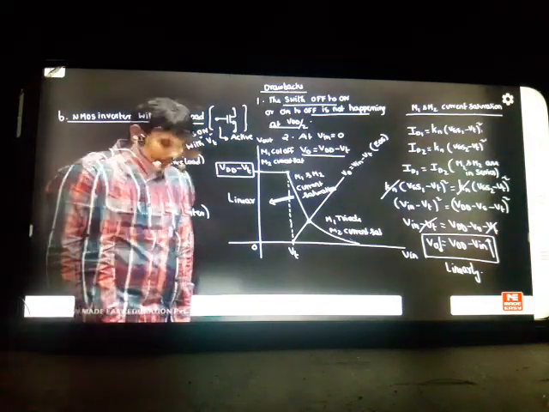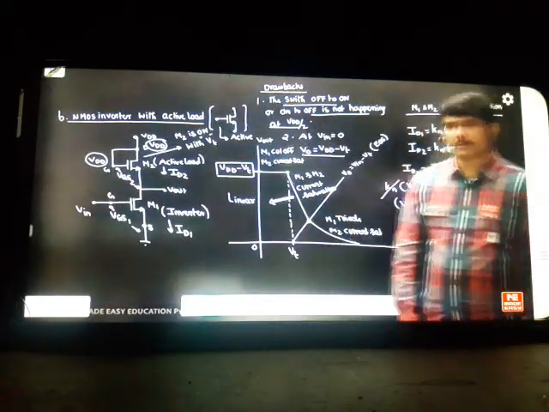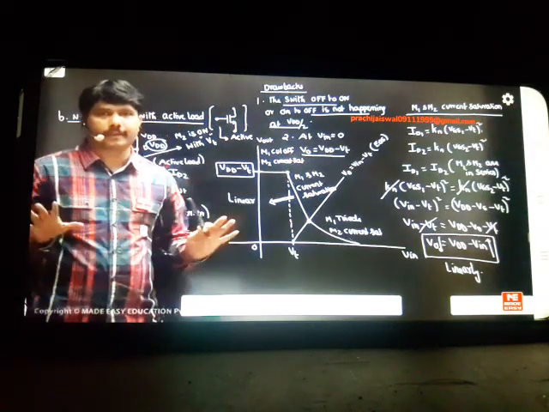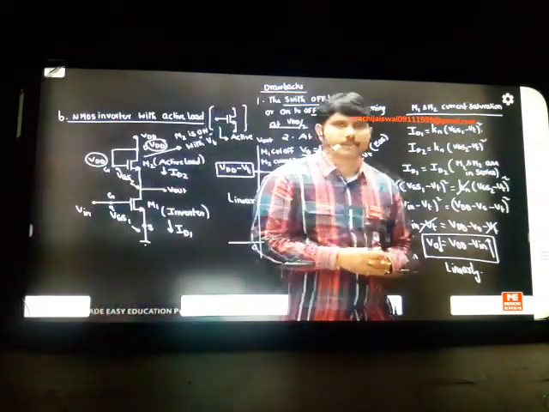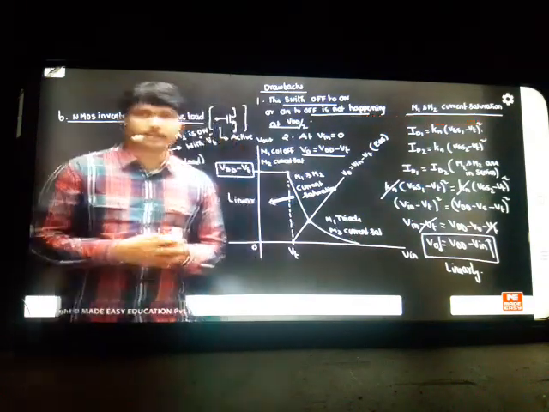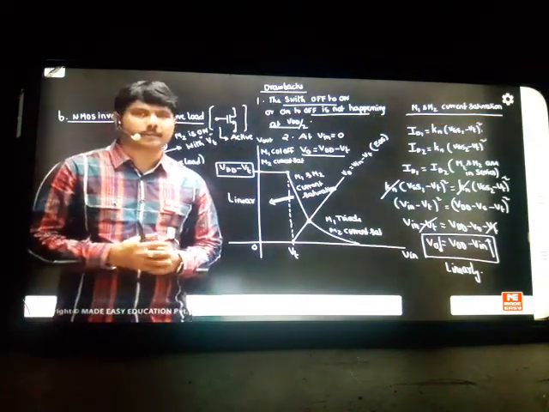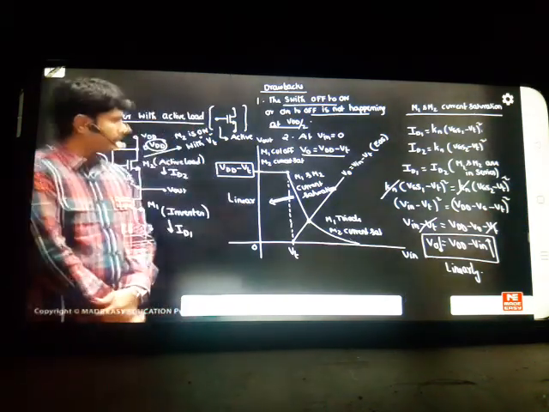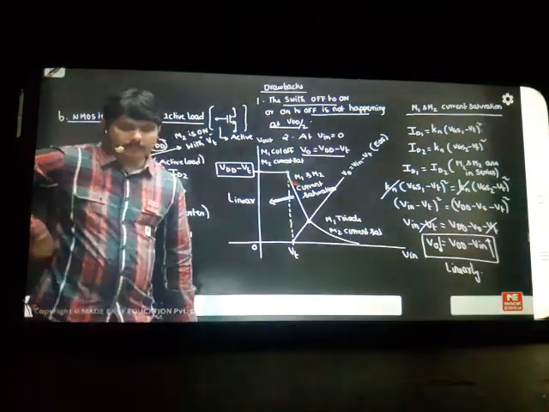The last topic, I'll teach in some half an hour class. By 4:30, we are going to close the matter of MOSFETs. After that, you can take a small break. We'll start doing the problems based on the MOSFET and close the matter today. Tomorrow I'll start the amplifiers freshly. Today it is not required to start. Tomorrow morning I'll start the new topic because I have to record this as a new video for the new chapter. That is the main reason I cannot start today. Maybe today also, by 6 o'clock we can close the total concepts.